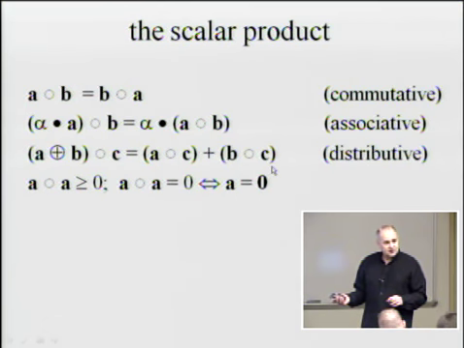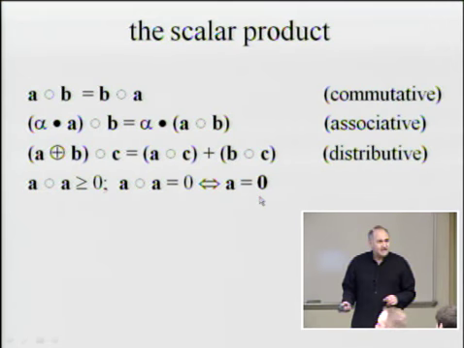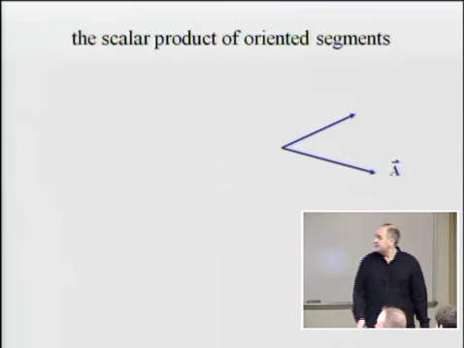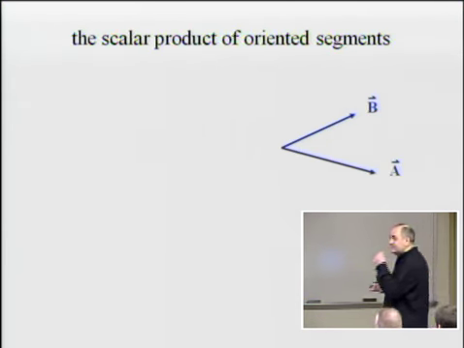Can you see it? And why is it different? What is this 0? It's a number. This 0 is a 0 number, correct. What is this 0? This is a 0 vector, correct. All right, I will now introduce the product for the two vector spaces which we are discussing so far. So for arrows and for